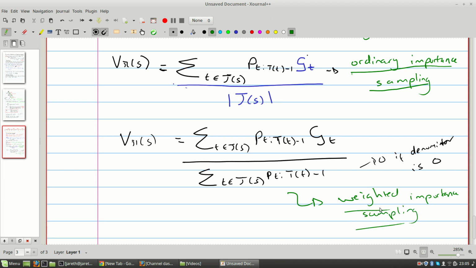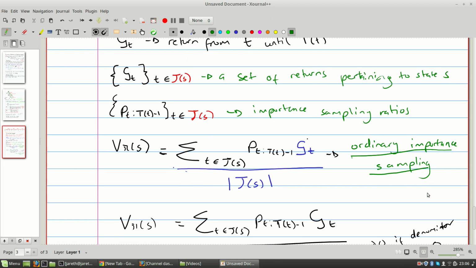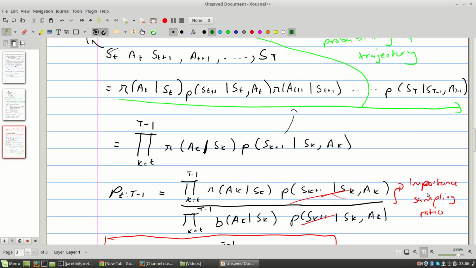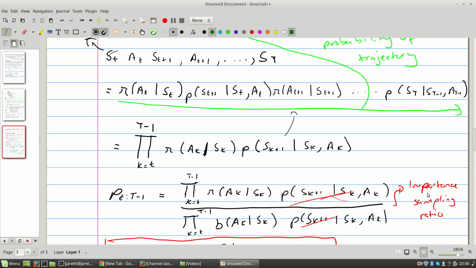So there are a couple of differences between these two methods of importance sampling, and that's something that I will touch on in the next lecture, at least in this module. So I'm going to stop at this point and hope that this was at least clear and informative to you, and I hope it's something that you can actually make use of when designing your own algorithms in the future. So I'll end this lecture here. Thank you kindly.